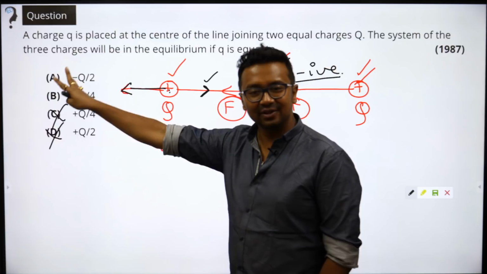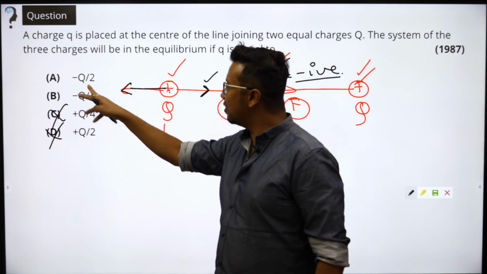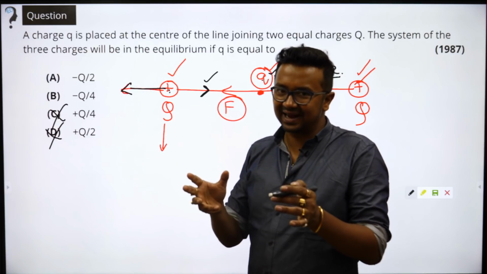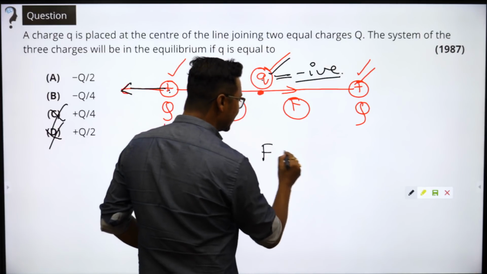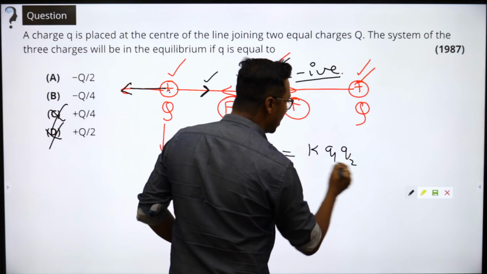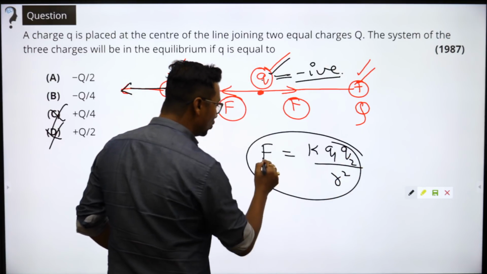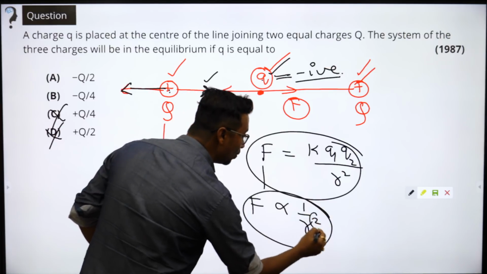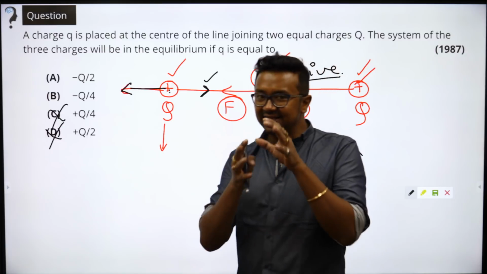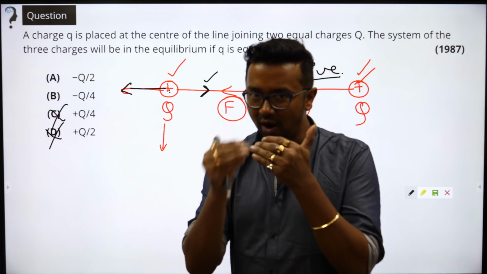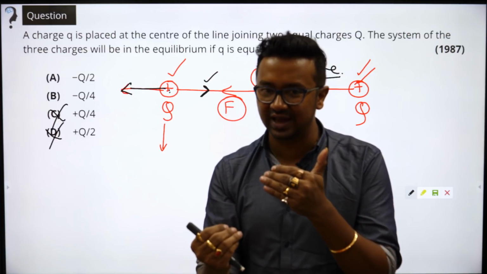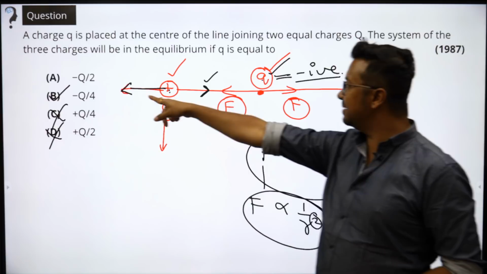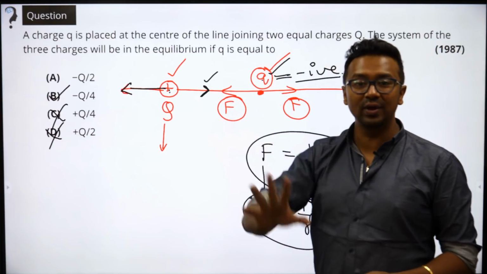रिमेंबर दिस, ए एंड बी दोनों ऑप्शंस है. ठीक है. अब A और B में से I can easily make a guess which one is going to be the answer. All right. How exactly do you think I can do that? F is equals to K Q1 Q2 upon R square. देखिए फोर्स जो होता है इट इज इनवर्सली प्रोपोर्शनल टू द स्क्वायर ऑफ द डिस्टेंस. ये जो स्क्वायर टर्म है इट क्लियरली टेल्स मी दैट इन द डिनोमिनेटर हाफ का अगर क्वांटिटी आएगा स्क्वायर हो जाएगा तो 1/4 हो जाएगा, राइट? सो यू कैन क्लियरली मेक अ वेरी क्विक गेस दैट इट इज गोइंग टू बी -q/4. -q/2 हो ही नहीं सकता.